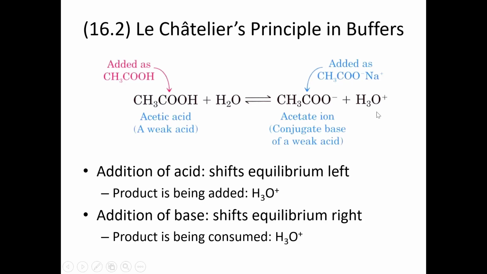If I add a strong acid like HCl or HNO3, we know that the concentration of that strong acid exactly equals the concentration of the hydronium ion. And so that's just like adding more hydronium ion to the reaction, and we already have that in our equation. So Le Chatelier's principle says if you add something that's already part of the equation, you're going to shift away from that added product. And so we'll shift to the left. And so that's how buffers help resist pH changes when we have the addition of acids,